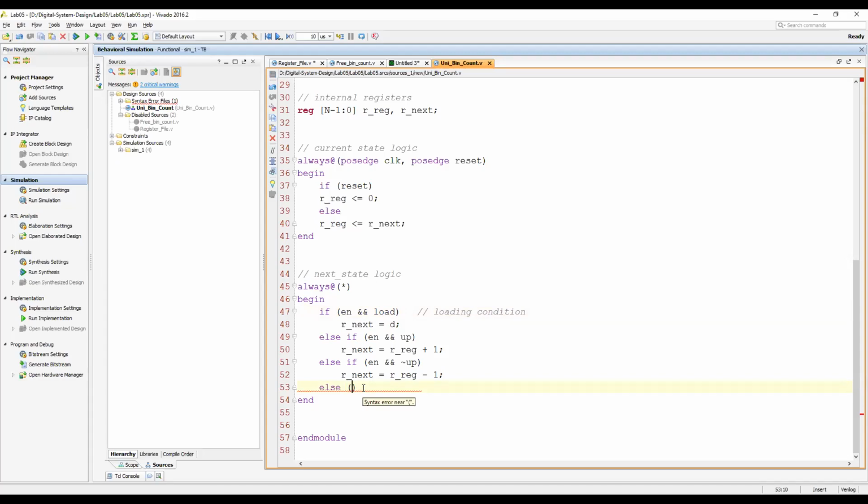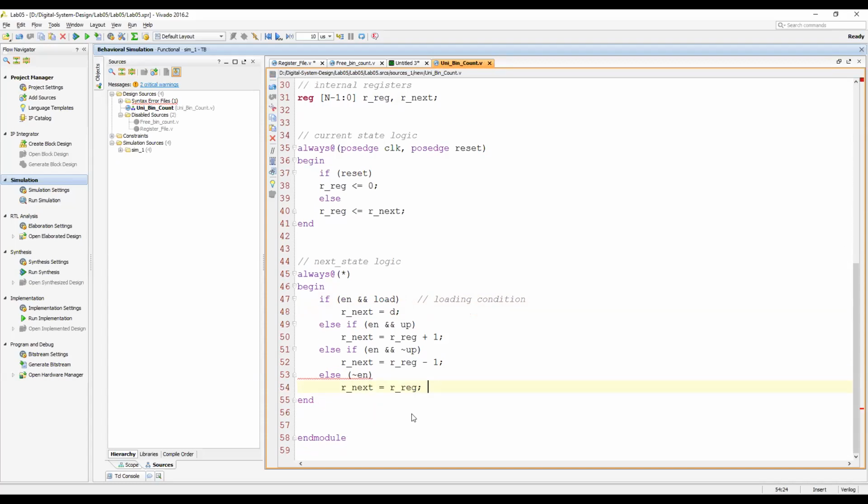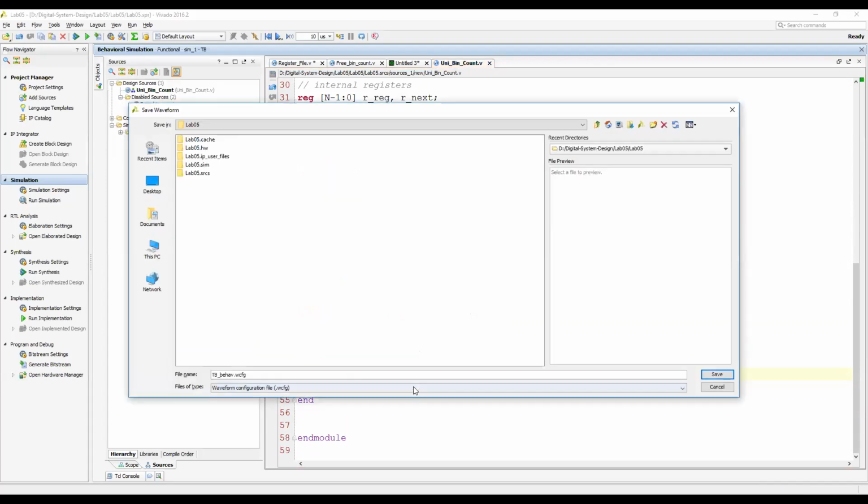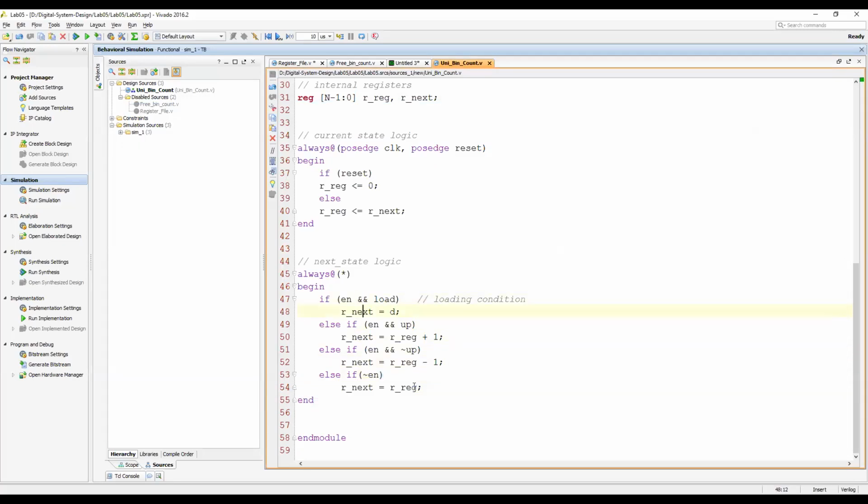So here we say if it is not enabled, then keep the value the same as R reg. So okay, so this is the loading condition.